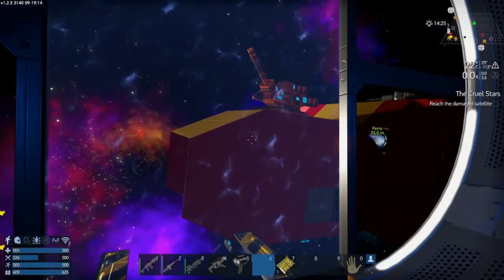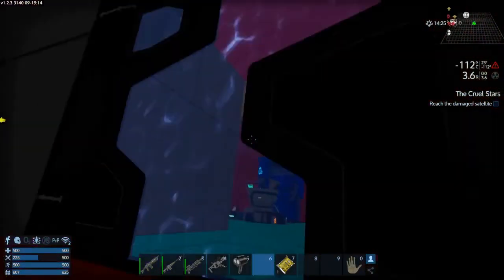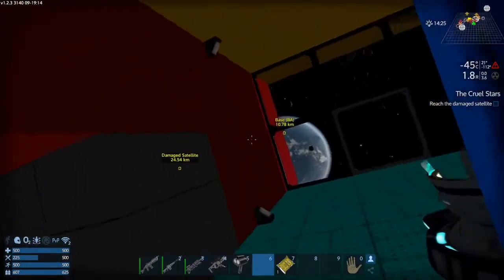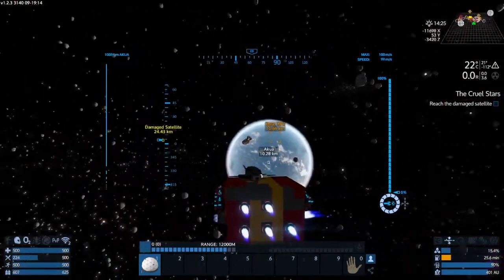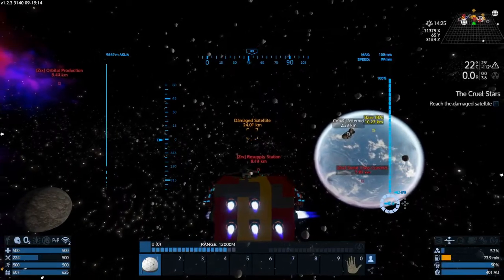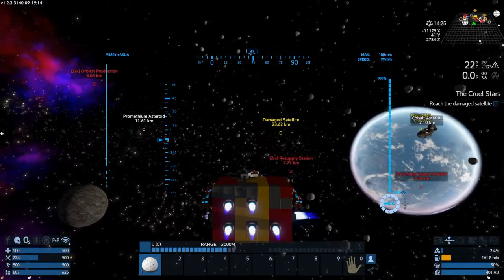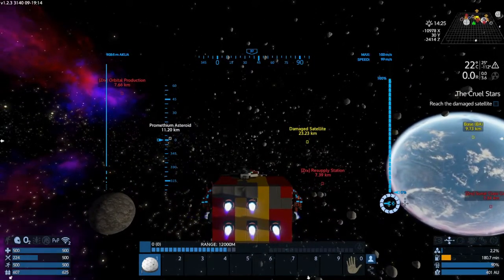Alright, and then I think there's something new, reach the damaged satellite. So I'm sure that's marked on the map. Do that next. This isn't the worst mission in the world, though. It's kind of fun. I mean, you fly around and all that noise, but... So the Corvette is over there. There's a 0x resupply station I want to avoid. And an orbital production that I want to avoid, so...